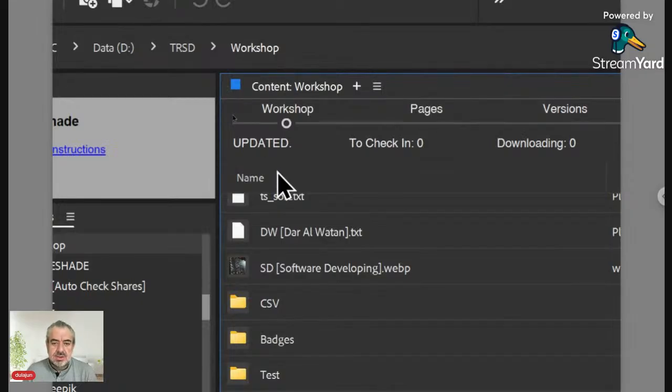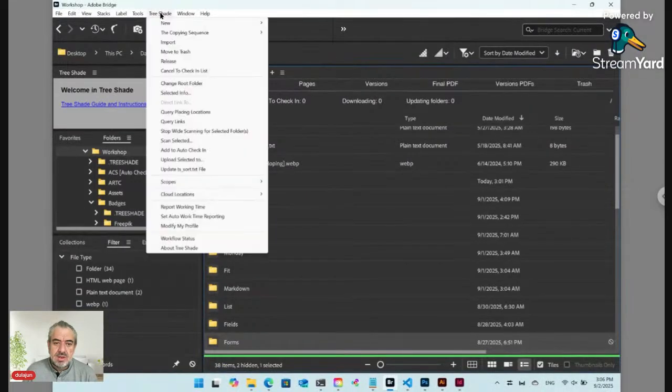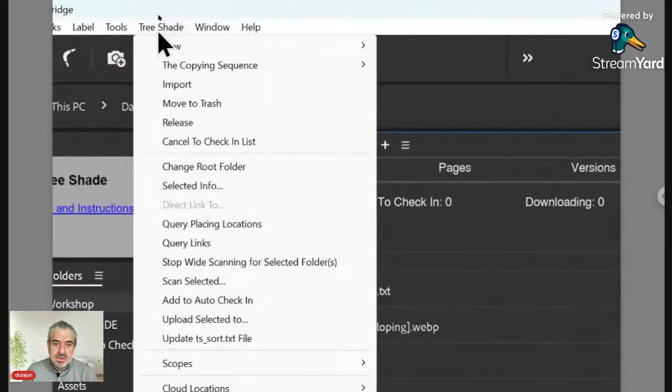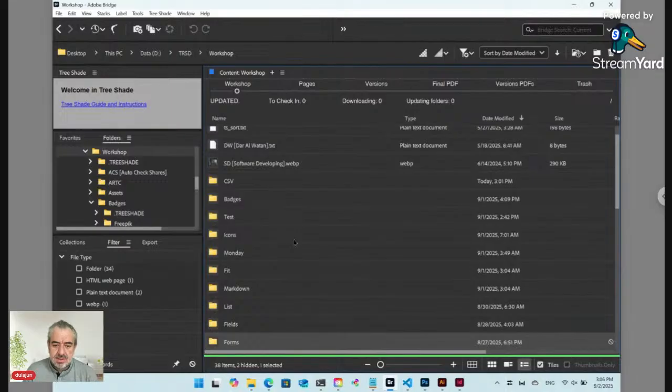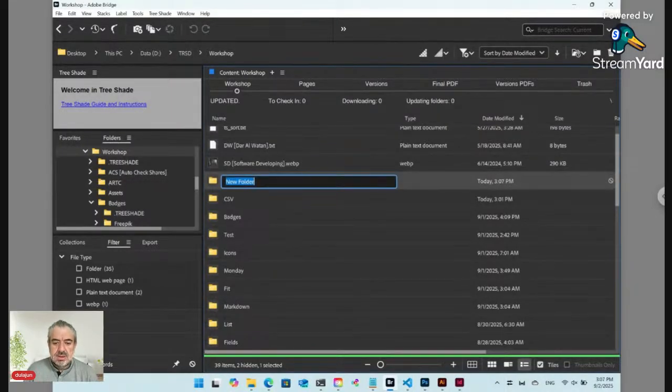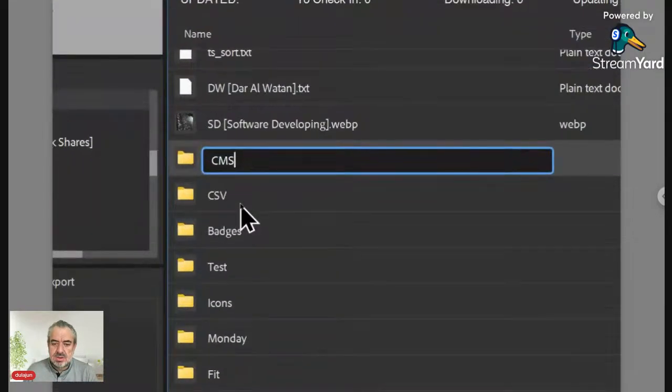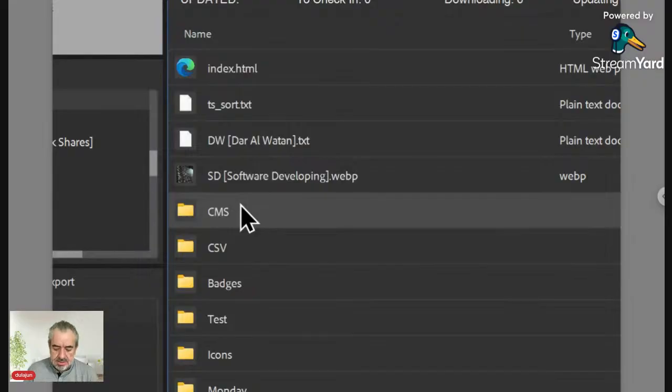I'm here in Adobe Bridge, and you will have a new menu, an additional menu called TreeShade, and all these commands are related to the extension. Okay, now let's create a folder. Let's name it CMS, an abbreviation of content management system. Let's open the folder,